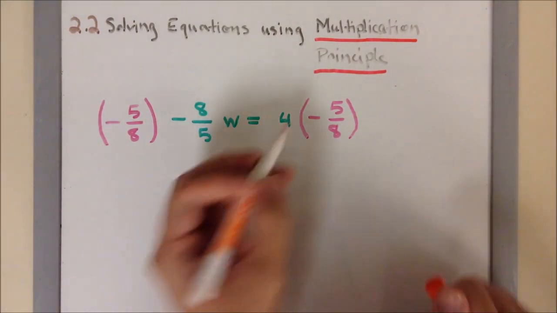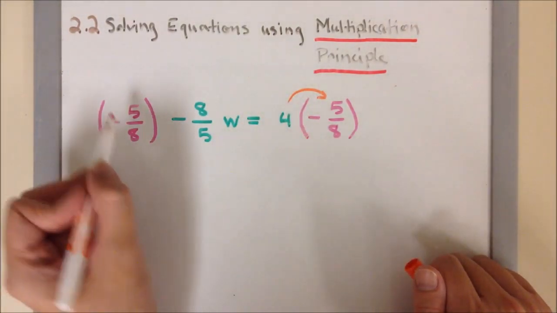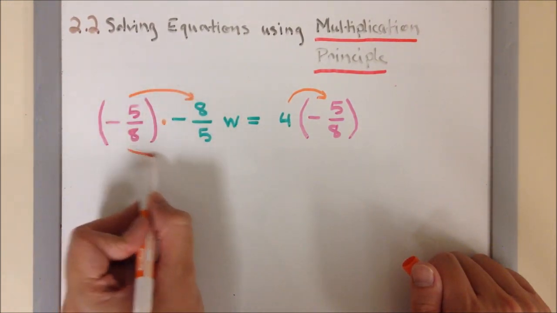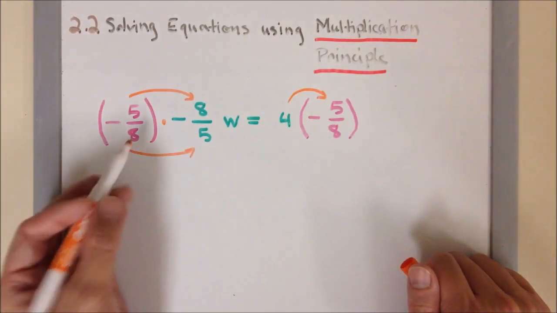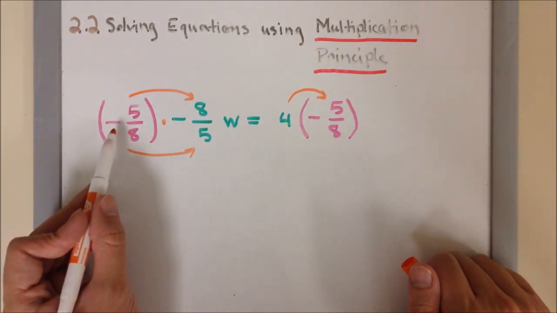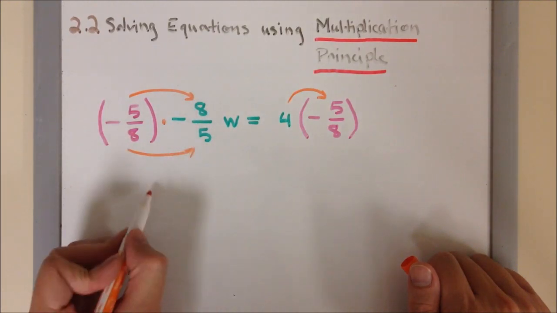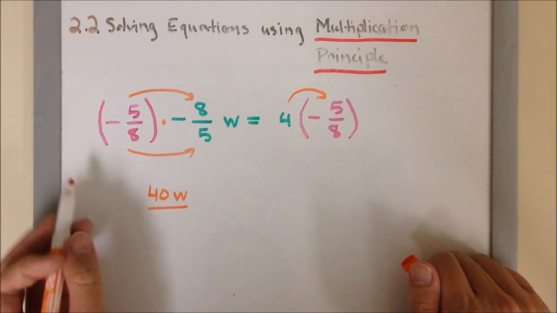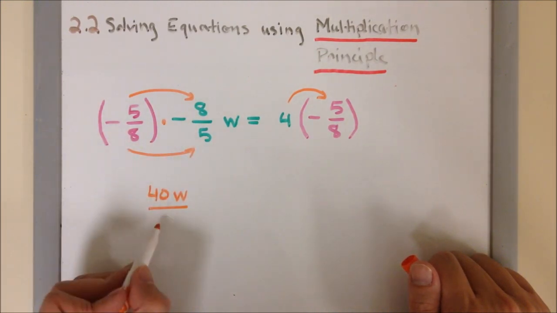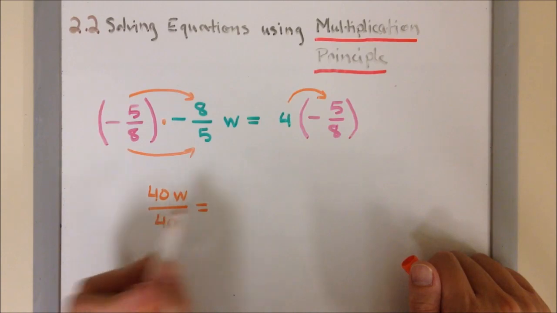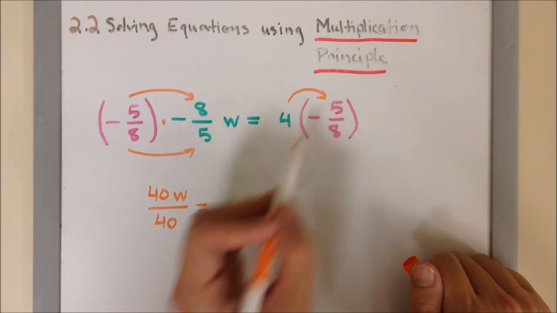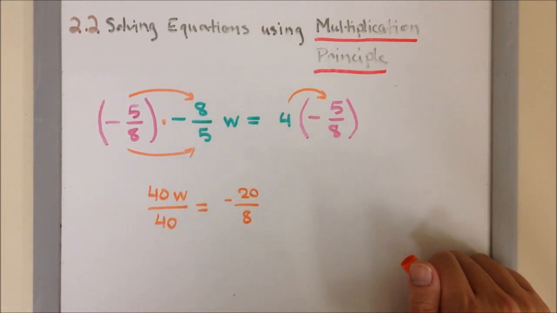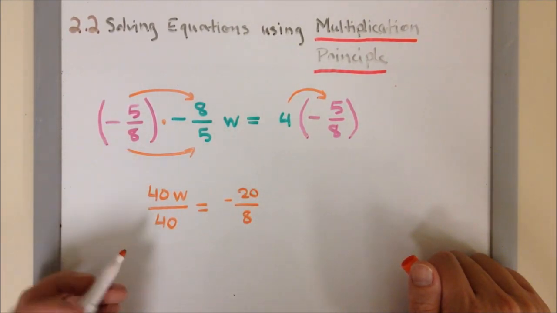And like I said before, whole number times numerator. When it's a fraction times another fraction, numerator times numerator, denominator times denominator. So on the left side, negative 5 times negative 8 will be positive 40. And I'm going to carry the w to the numerator, over 8 times 5, which is also 40, equals positive 4 times negative 5, which will be negative 20/8. Now here, 40 divided by 40, that will be